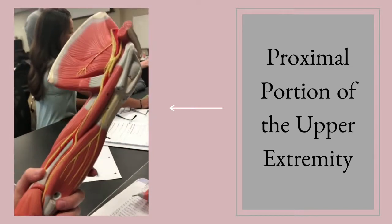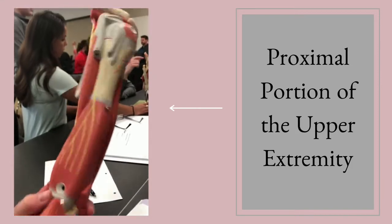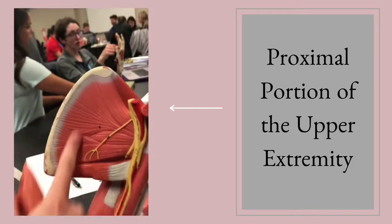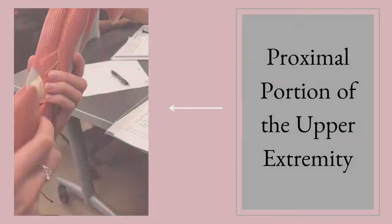Okay, and then I think that was all for this top part. Oh shoot. Oh, subscapularis muscle. My bad. Okay. You want to stop it and then I'll...